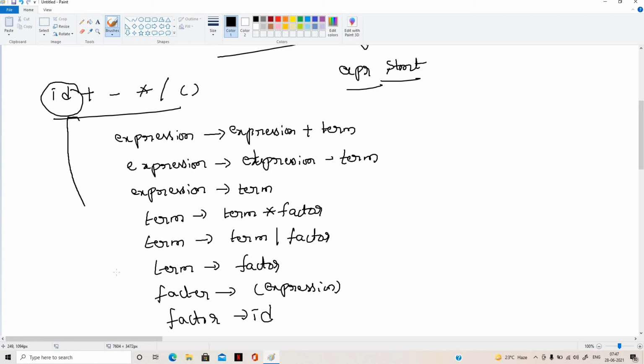For this we may define it like this. If it is a plus, addition, it may be like this. Minus, it may be like this. Star, slash, and the brackets, everything is there. So based on the situation we can process the things. So just the general grammar for this one.